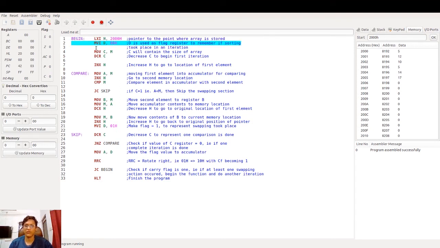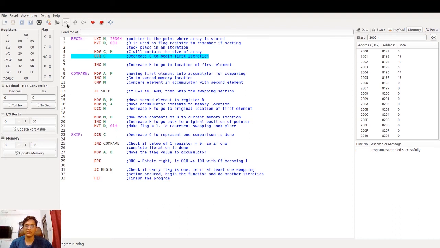The second step stands for move immediate: in the register D, the value 00H. Here the H at the end stands for hexadecimal number system. This is just to make sure that we are all talking about the hexadecimal system. Next, MOV C, M. That means move into the register C the contents of the memory location pointed to by the HL pair. After this step, the value 5 has been moved to the register C.